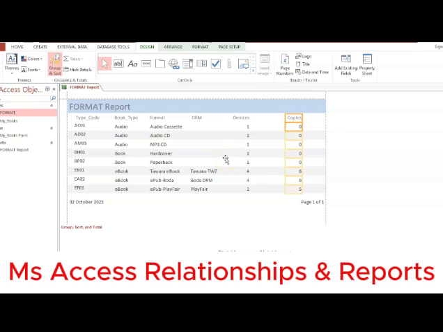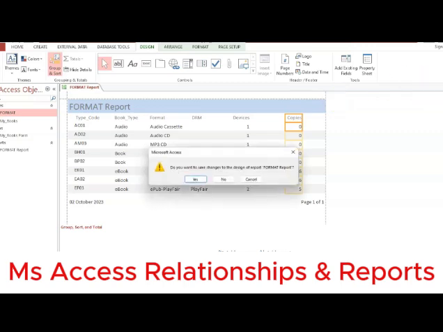With reports, there are also a number of things that we can look at. There are some calculations that can be done on a report. There is grouping and sorting that can also be done on the report. And you should also be able to play around with some objects like text boxes and labels when you want to add maybe your details to the reports. But for now, these are the objects that you should be